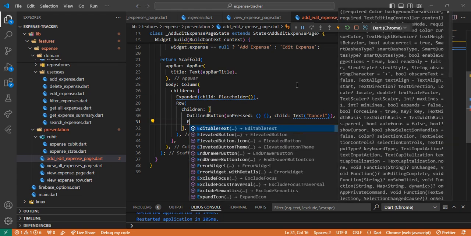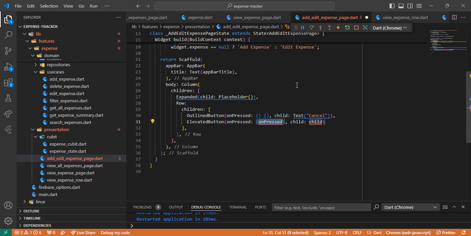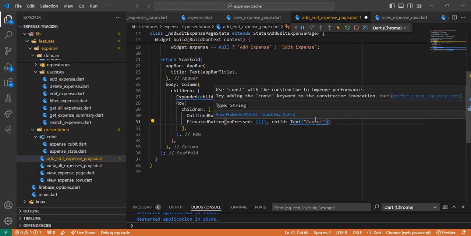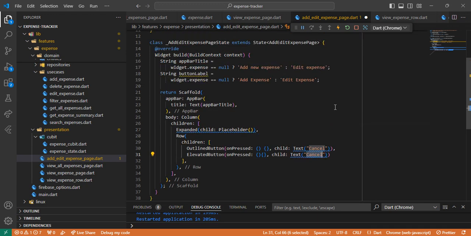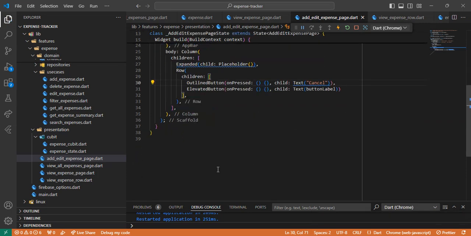Then meron tayong elevate button. Yung child niya is, okay, so yung child niya, now this is where this one comes in kasi I also want this to be dynamic. The label of this elevated button will depend kung meron bang, kung null ba yung expense natin na object or not. And okay, so far I haven't